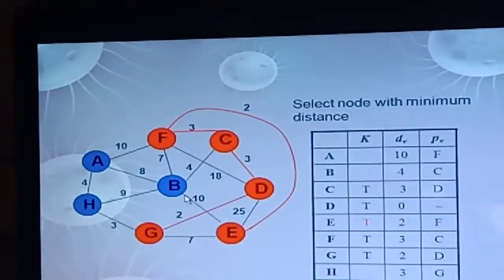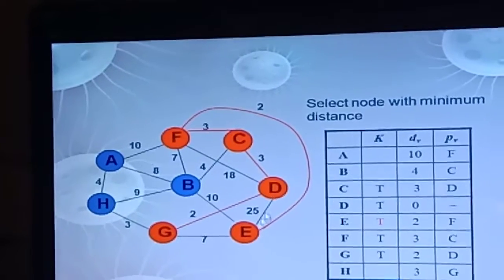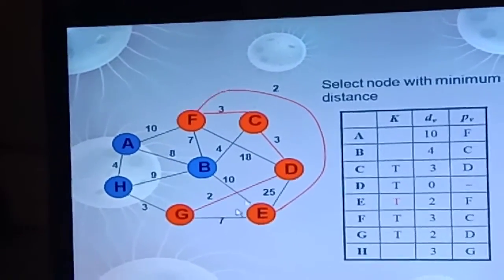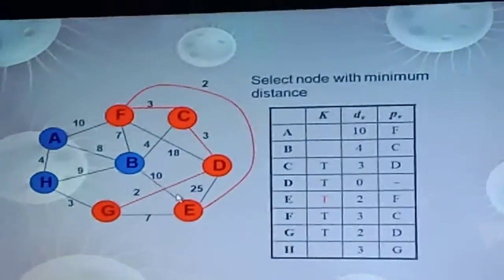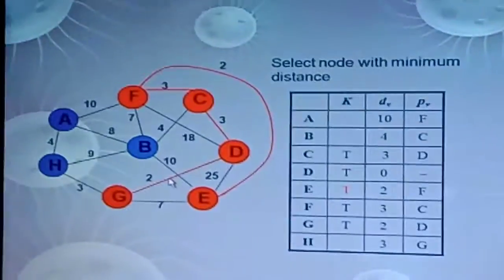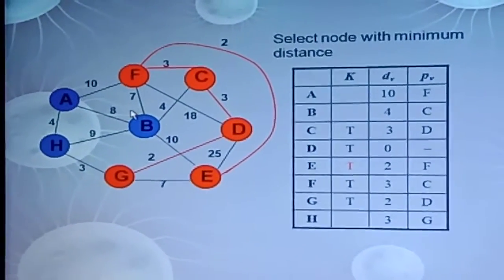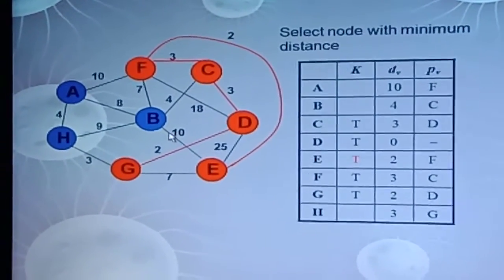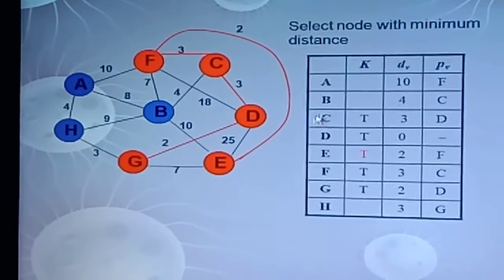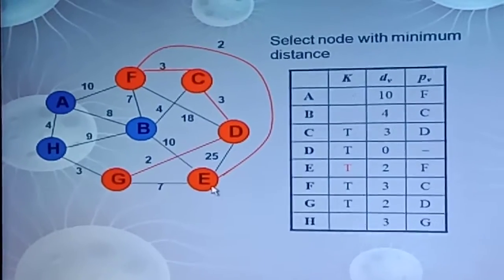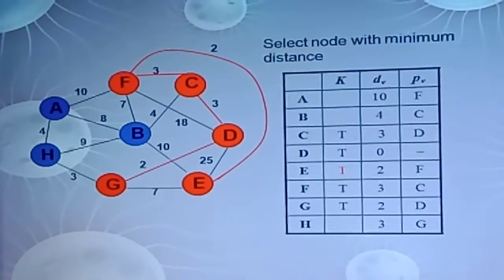7 G, 10 B, and D is already visited. No need to check among these. We should check only the neighbors which are unvisited. So B is having the value 10, but B is already having the value 4 with C. So no entries in the table to be updated after traversing E. So continue to the next vertex which is having the least cost.